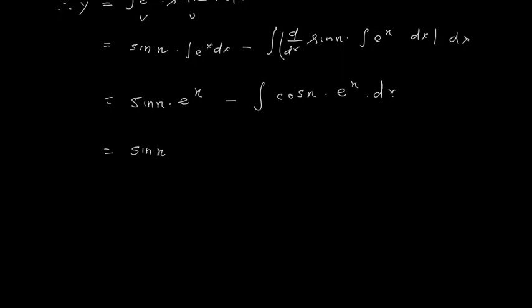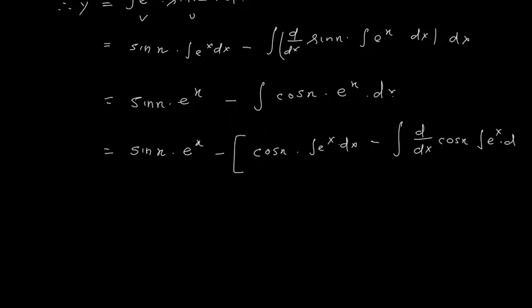So sin x into e^x minus, here I will use by parts: cos x into the integral of e^x dx minus the integral of d/dx of cos x into the integral of e^x dx, the whole dx,